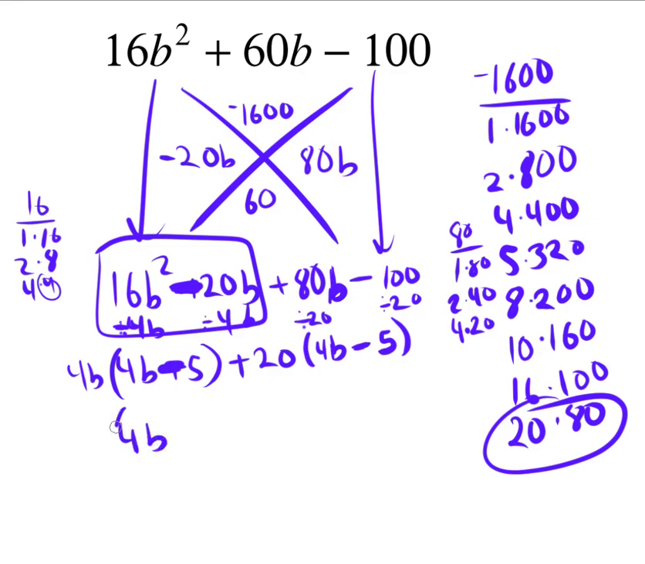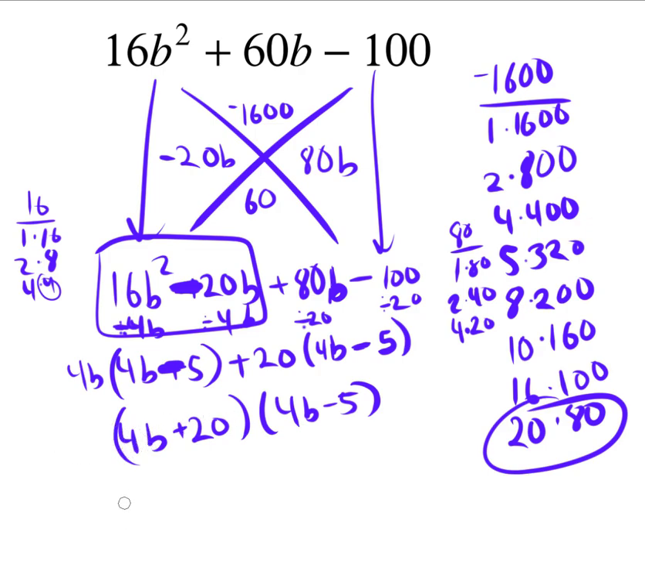I go 4b, because these are the same, I can combine 4b plus 20 times 4b minus 5. And at this point, just so you know, if you got this answer, you are almost right. You're almost right, but you're not right. Because at this point, I still need to take and